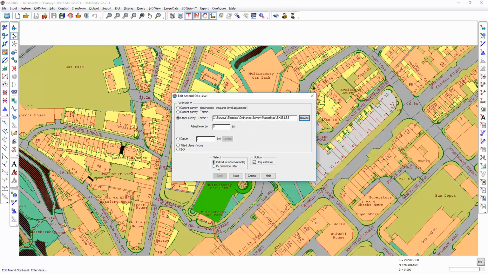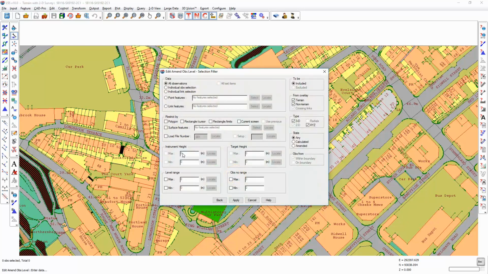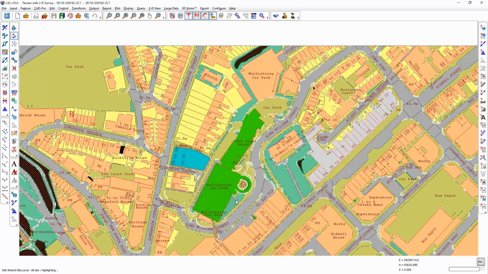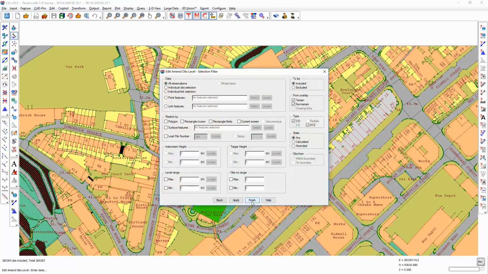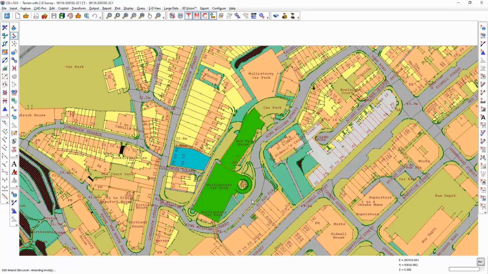If I select Selection Filter and choose All Observations, it will highlight all of the observations within this survey. And as soon as I select Finish, it will amend each individual level to match the level in the DTM